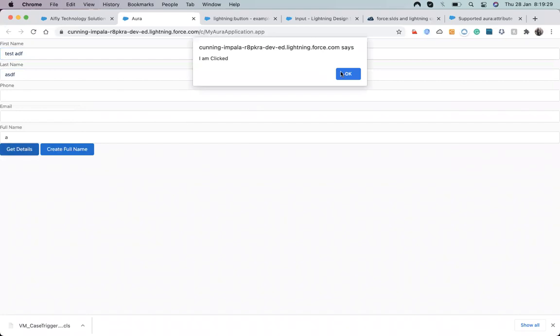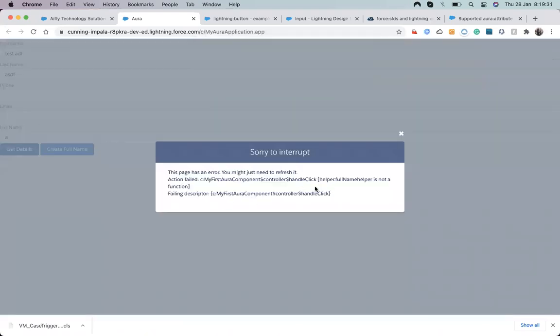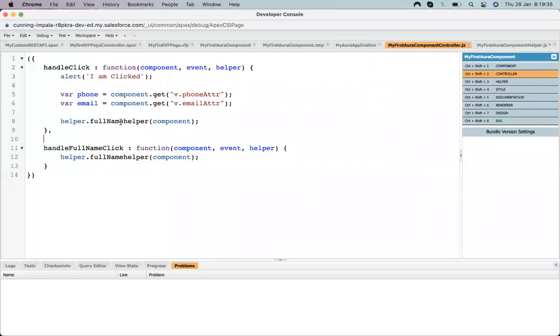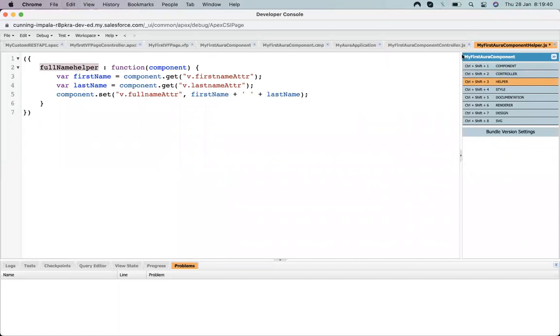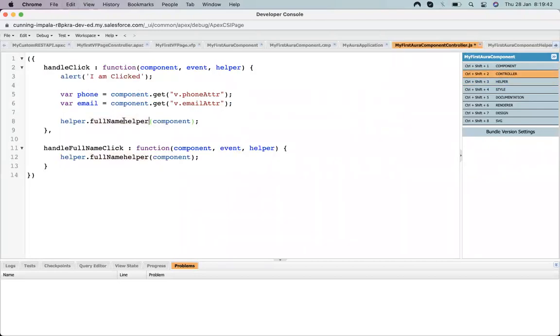I click on get details. It might be an error, helper dot full name is not a function. Let me check. Helper dot full name helper. It's correct. We're passing the component.